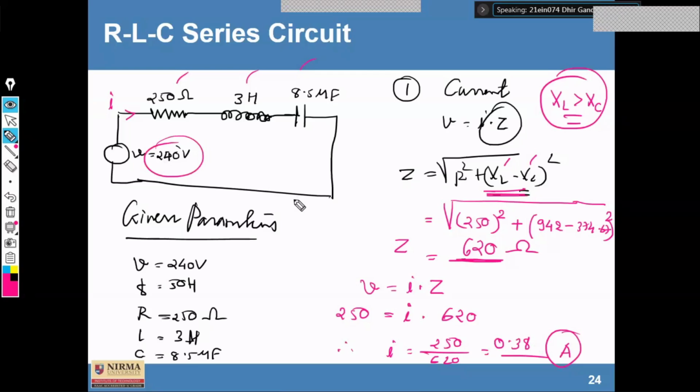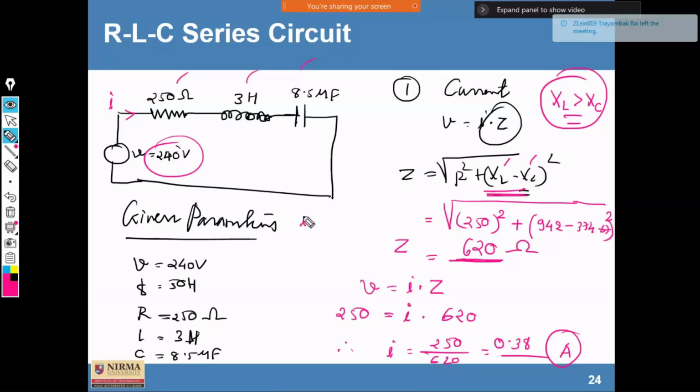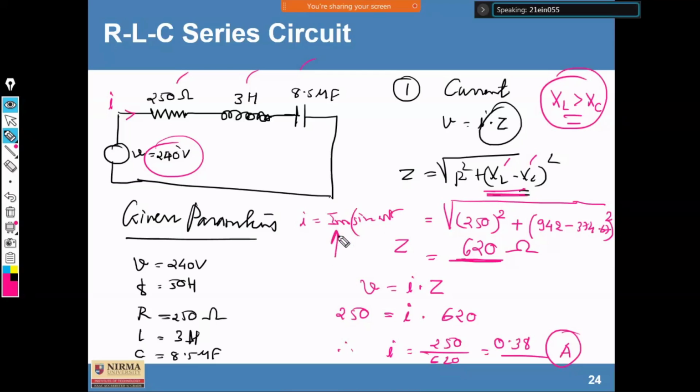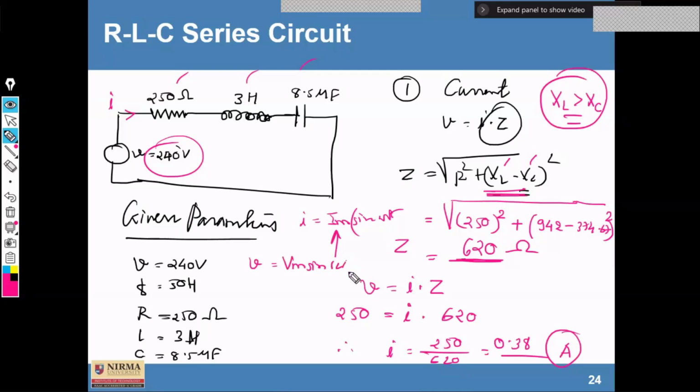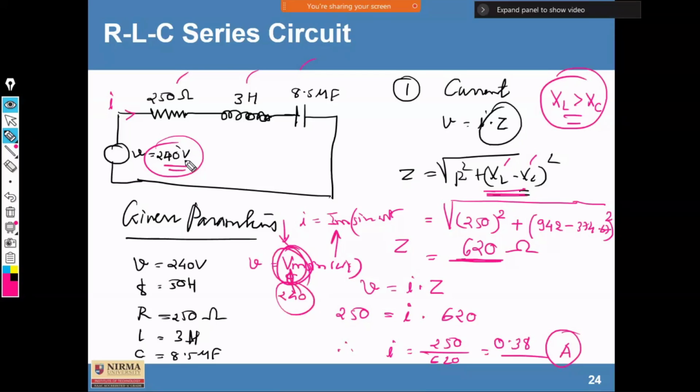No, not required. Why are we converting into peak value? Is there any meaning in converting from RMS value to peak value, the maximum value? We are not utilizing the equation I = Im sin omega t here. If we insert the value here, then we should convert this RMS value into peak value. Suppose we use the equation V = Vm sin omega t, then it would be required to convert this RMS value into maximum value. You cannot write 240 directly here because that is the maximum value and here it is the RMS value.